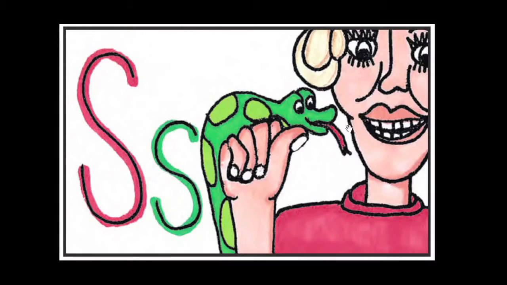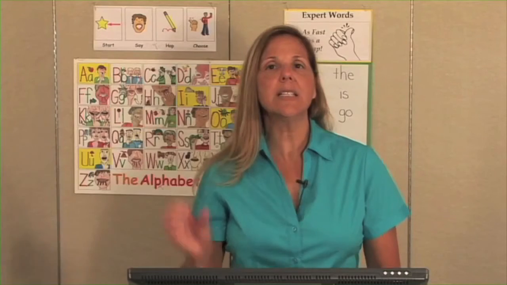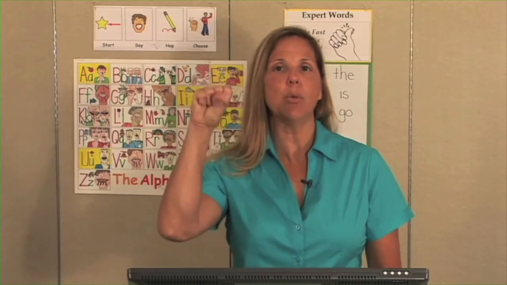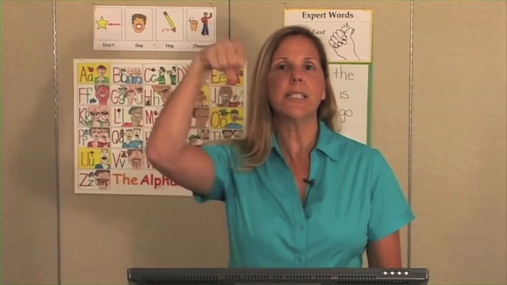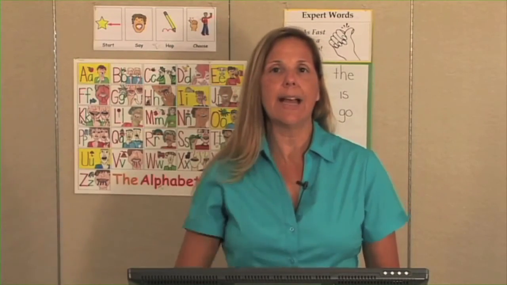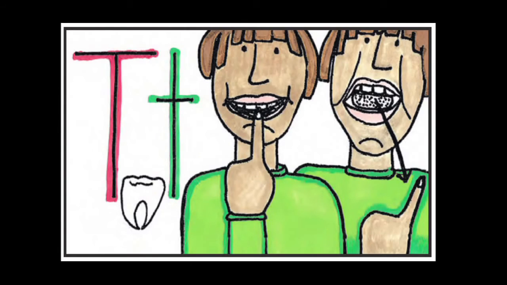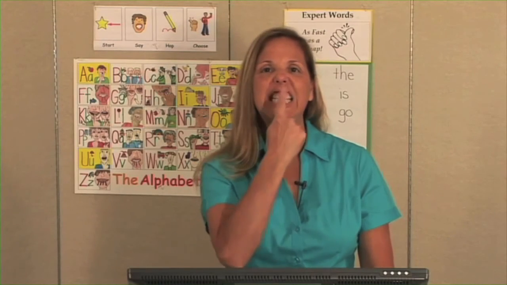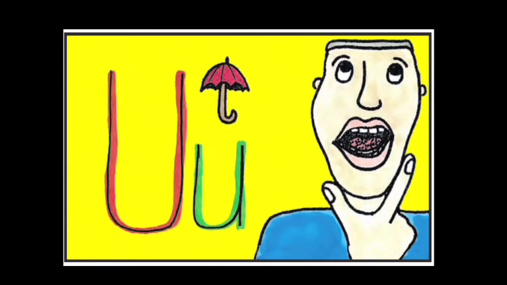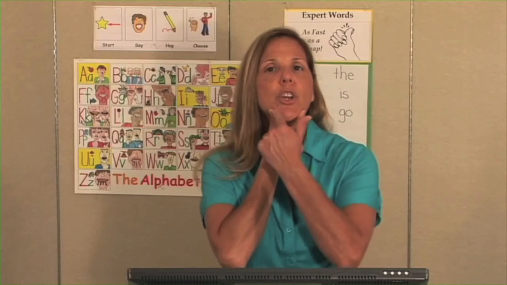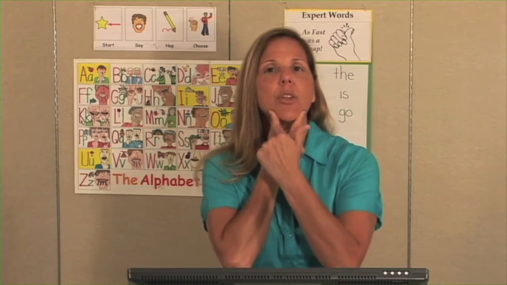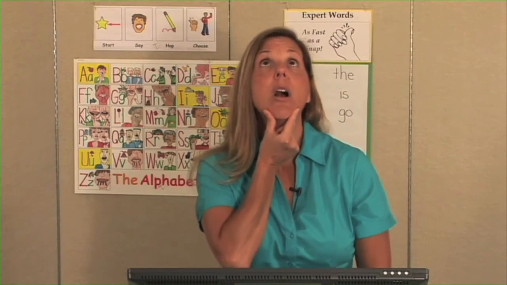The letter S is very much like a snake, where you would have a snake sound. So we pretend like we make a snake with the little tongue and we go just like that. T, your tongue is actually tapping the back of your front teeth. So we tap the front of our teeth and we go t, just like that. U is the I'm thinking about it sound. So you actually put your fingers on your chin so it makes the shape of a U and we go